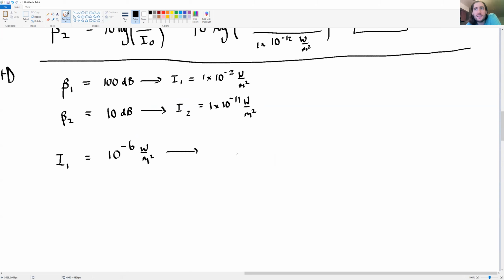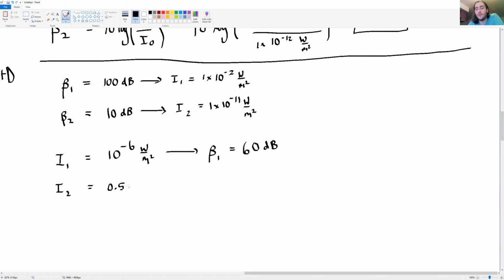Then the decibel level, again, you check this yourself, I'm just doing this in my head here, is going to be 60 decibels. Now, if I cut the intensity down by only a factor of 2,